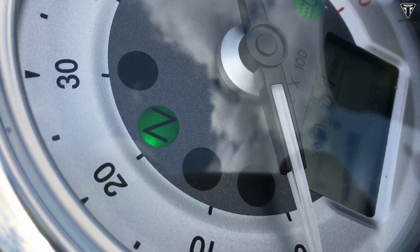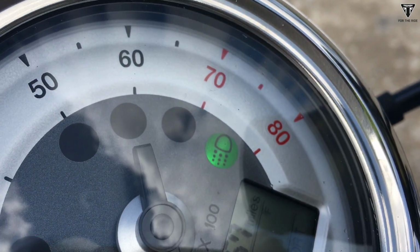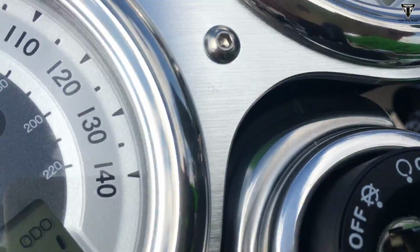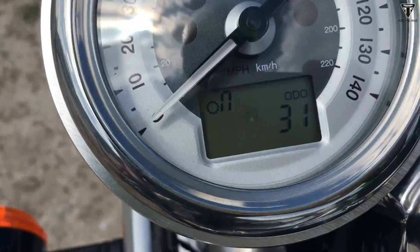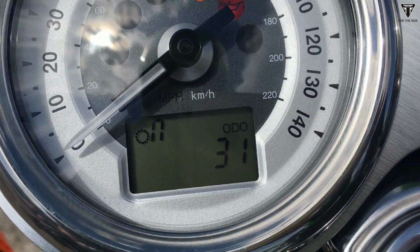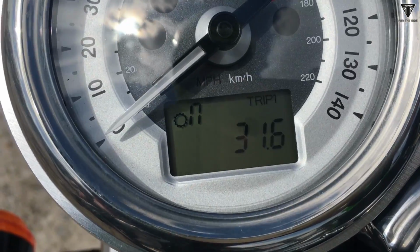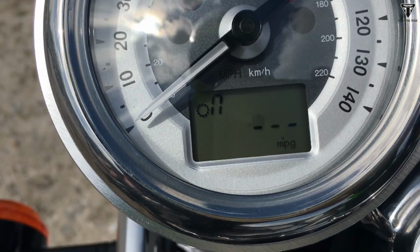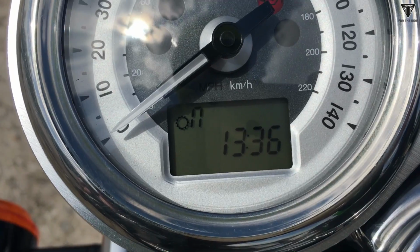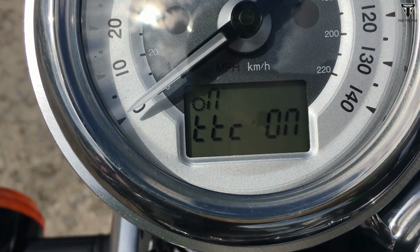I don't know if you can see because of reflections, but can you see how that lower part of the dial is recessed? But look at the sort of beveling. It's just beautifully done. You've got LCD screens both sides. This side, you've got the gear indicator, and then you've got the odometer, trip 1, trip 2, miles, instantaneous miles to the gallon, average miles to the gallon, and clock. Traction control on,